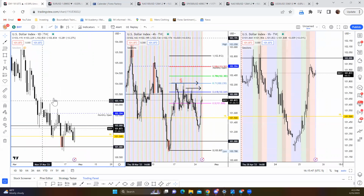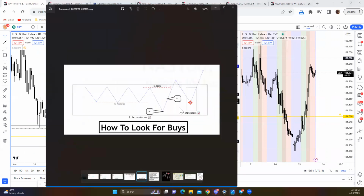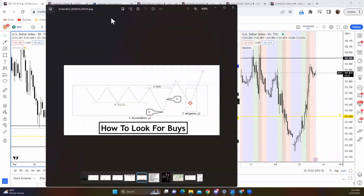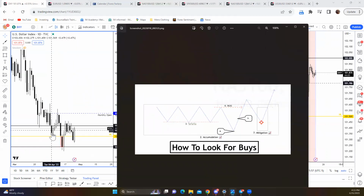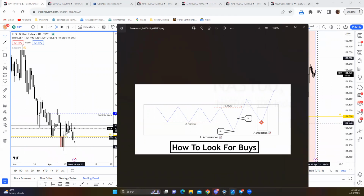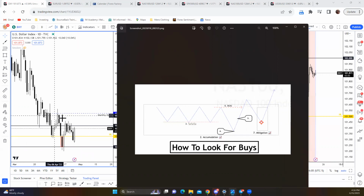And as you guys can see, when we look from a higher time frame perspective, when we look for buy mitigation, right, this is a beautiful daily buy mitigation, right? The price is making lower lows, lower highs, lower low, and then price shot up like crazy, came back right into the area. Now, it didn't break the structure of the monthly open, right? But it was the way it was setting up here on